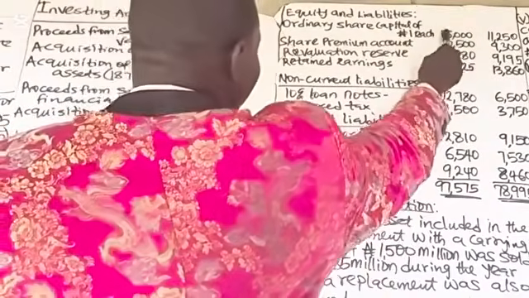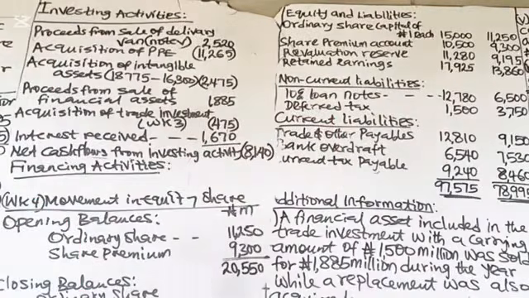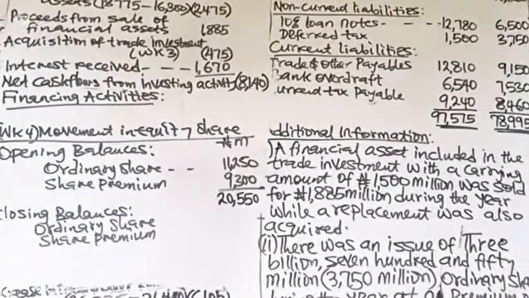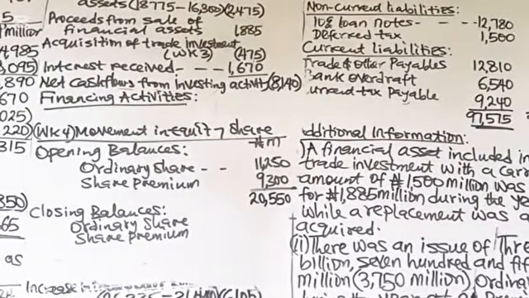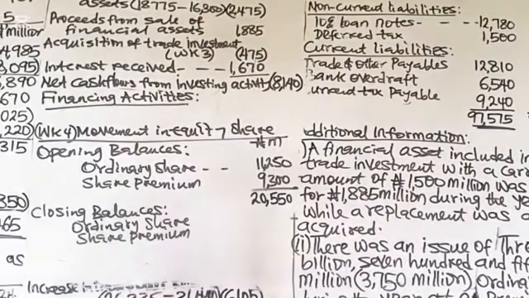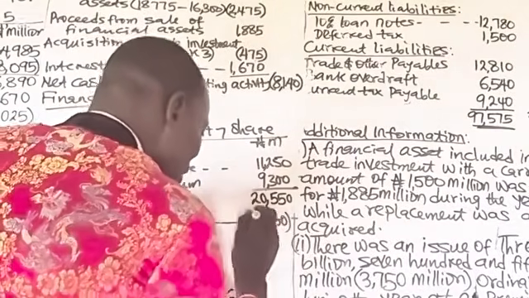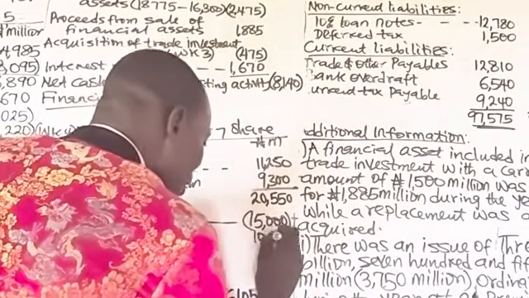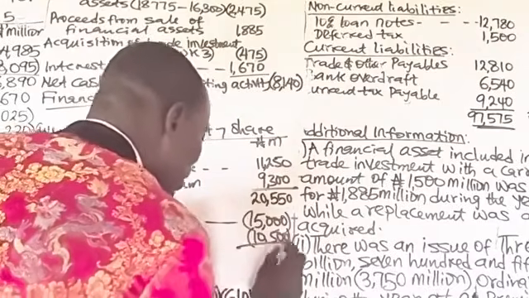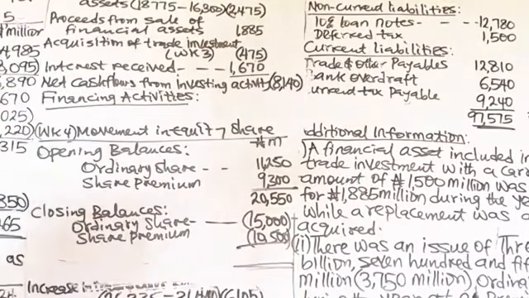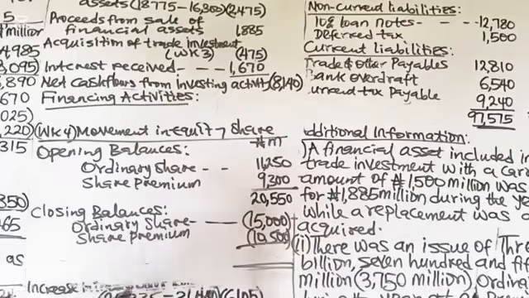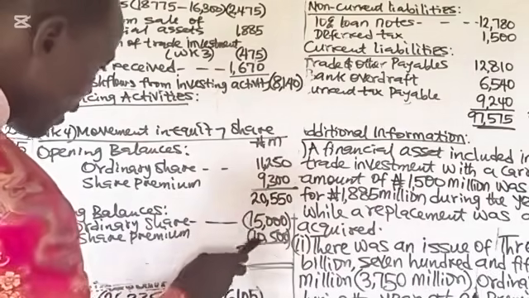Ordinary share 15,000, share premium 10,500. So we have 15,000 and 10,500. If you add the closing balances, the total is 25,500, which